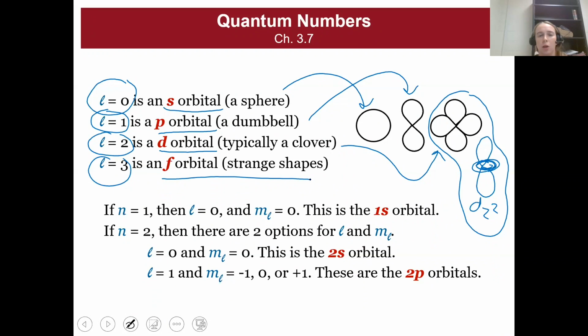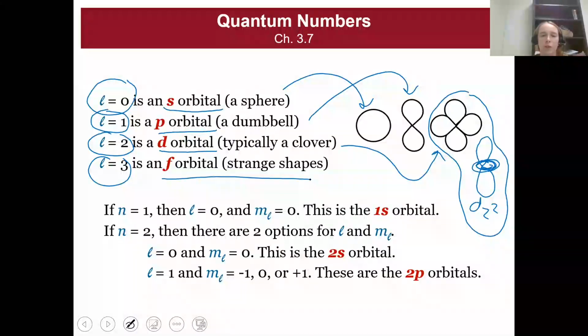So always when L equals 0, it's going to be an s orbital. Always when L equals 1, it's going to be a p orbital. Always when L equals 2, it's going to be a d orbital. Always when L equals 3, it's going to be an f orbital, okay? So you should remember those together. 0s, 1p, 2d, 3f for L. All right, so now we can